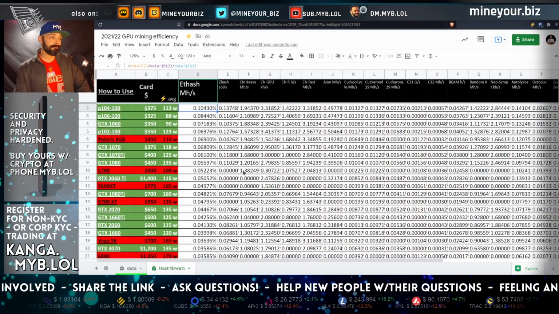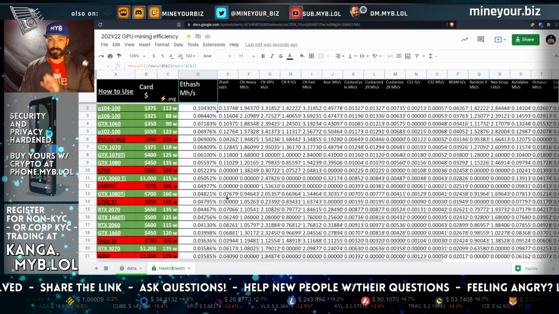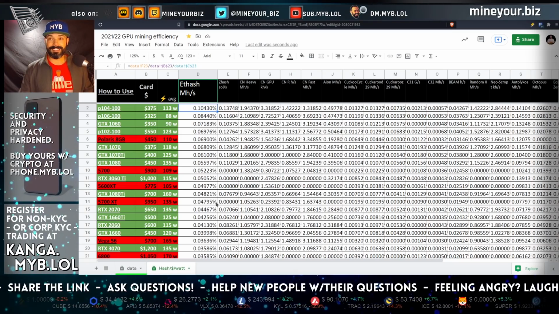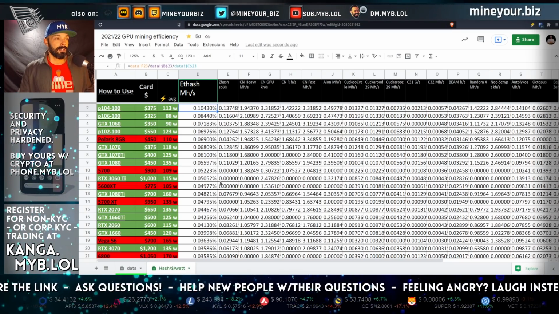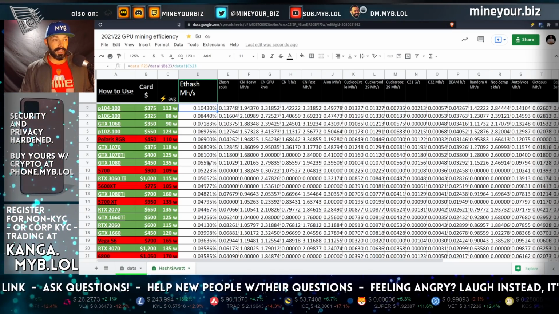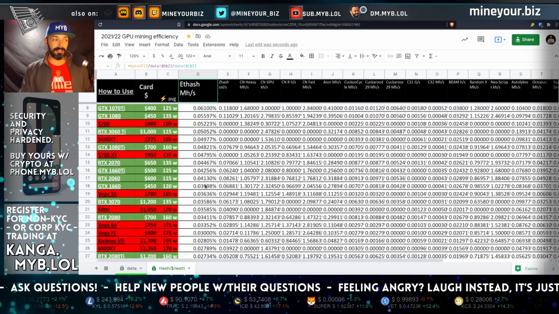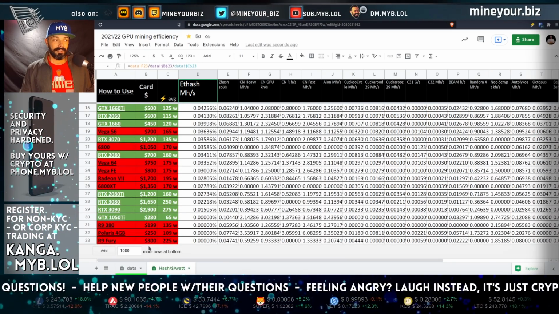So this is an idea that's as old as GPU mining itself. So I can't take credit for it. You can find it by searching for it on bitcointalk.org. But here it is, distilled down to just one number. None of this idea is new. But scrolling down the list, what you might be surprised to see is that for Ethereum mining, first off, the